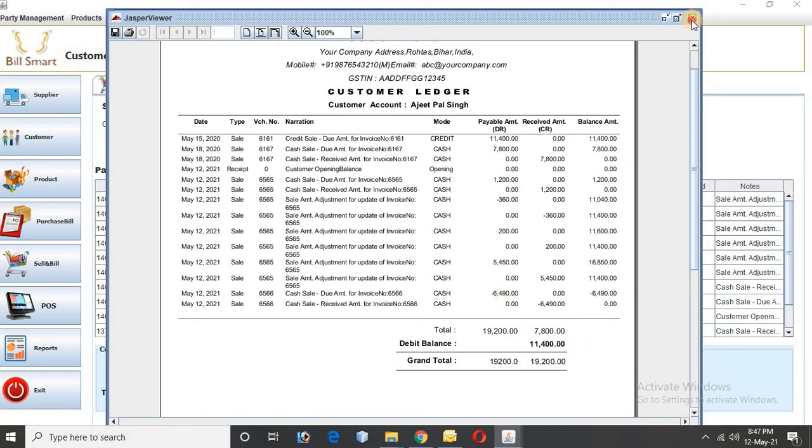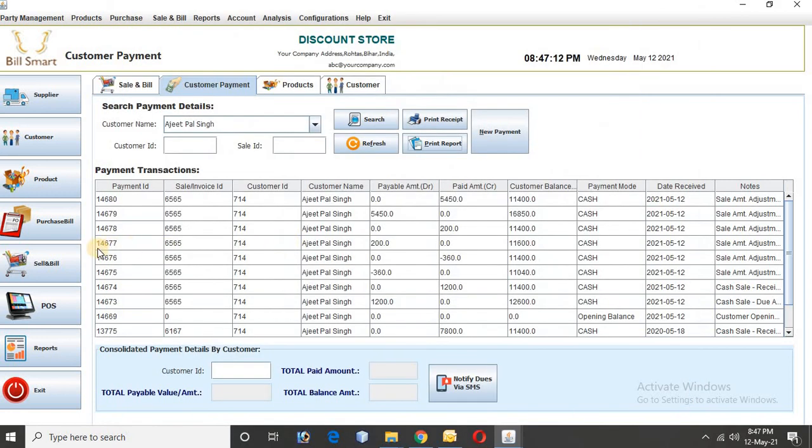So this is the way we will manage the advanced part of sale management. We covered sale return, update of the bill, and we have also covered the credit note of the bill, which is a complete sale cancellation.